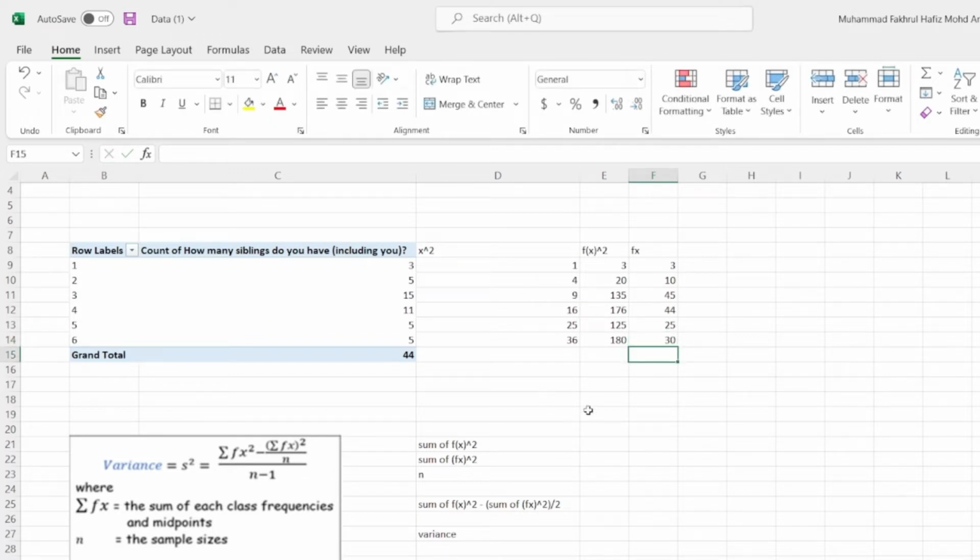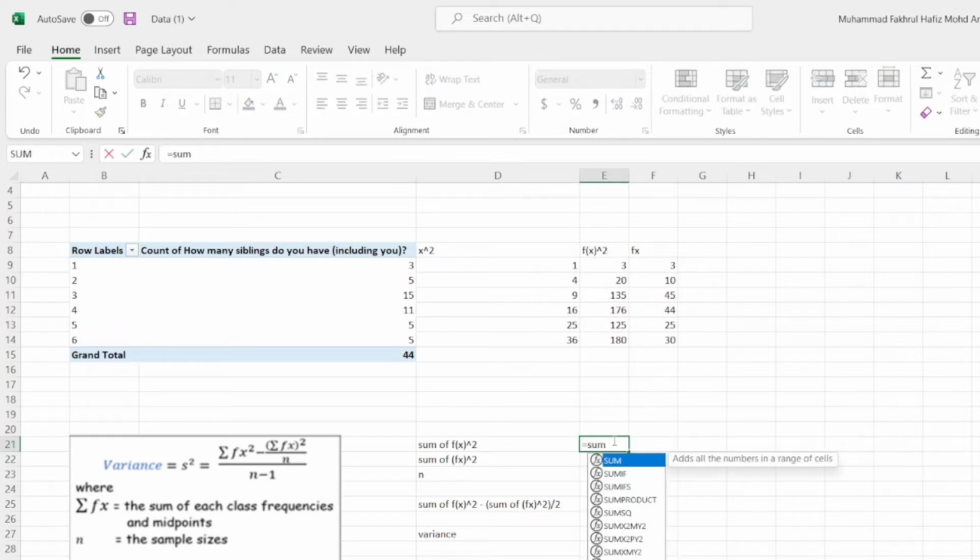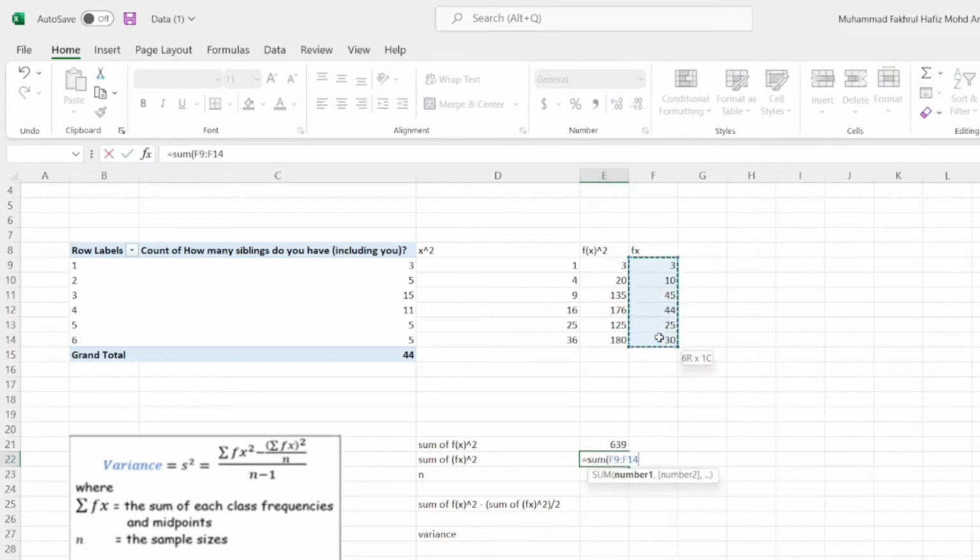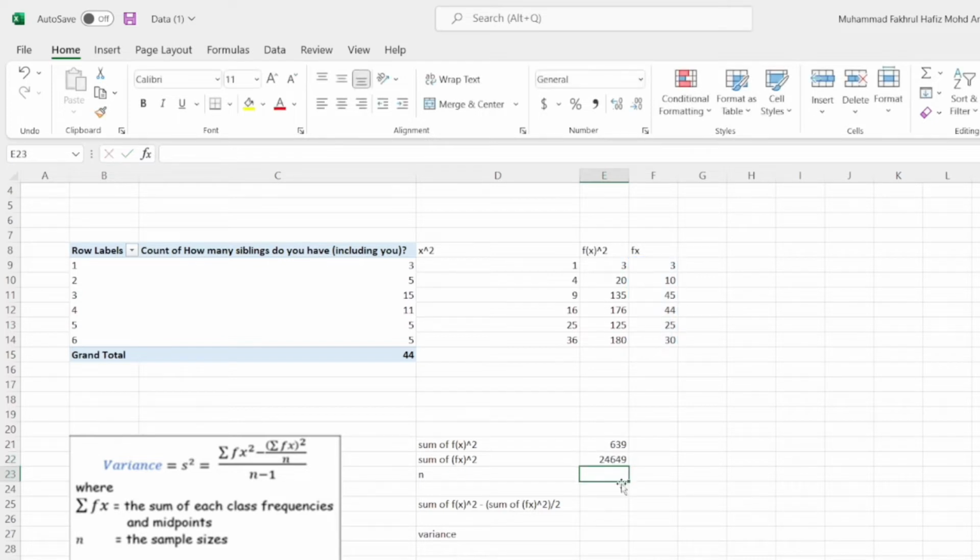And then the summation of fx squared, and then to calculate it, simplify and calculate